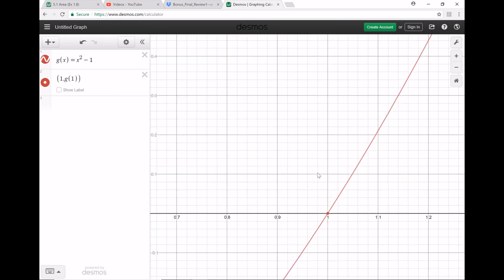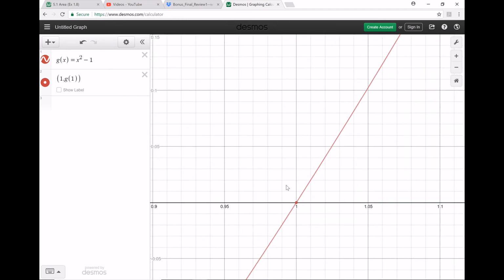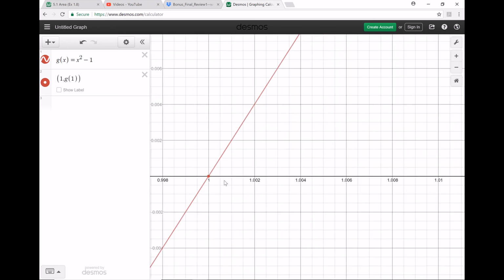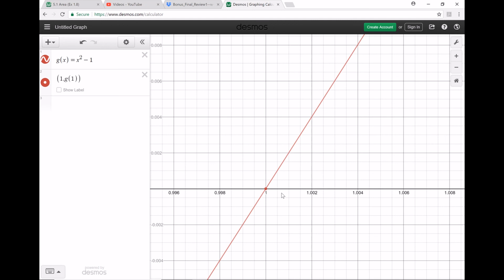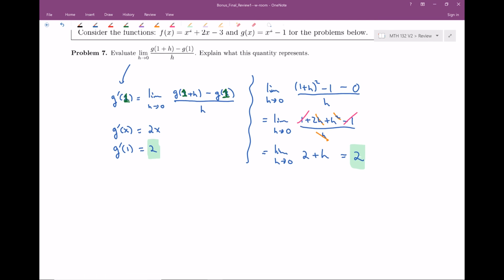Remember, the derivative represents what is the slope of the function at this particular instant. How much is it changing at this particular instant? And so if I really zoom in on this, we can see around 1, for every step to the right that you take, you go up 2. So again, the derivative, this quantity, represents how the function is changing at this particular instant. And so that would be my answer. Maybe you have your own good answer, but I'm going to say this quantity